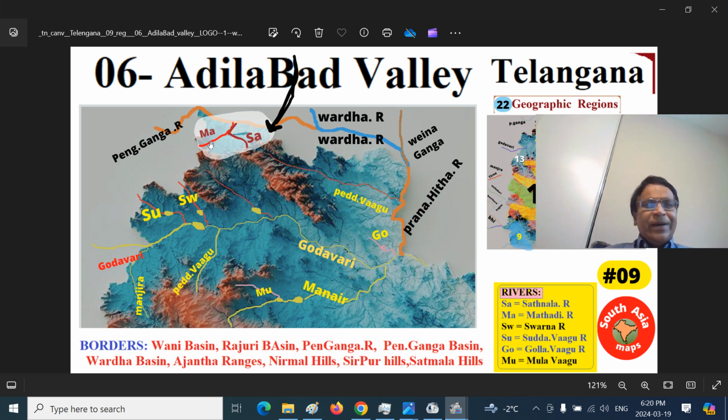Penganga River carries two tributaries in this area, SA and MA. SA is Satnala River, MA is Mathadi River. There is a dam somewhere here, Satnala Dam. There is a dam, Mathadi Dam. Mathadi is a tributary of Satnala that joins the Penganga River. Penganga River joins Vardha River. Vardha River joins